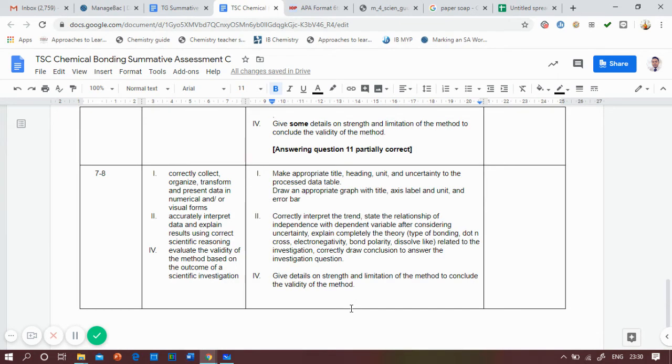Okay, so correctly, this is actually supposed to be collect data correctly. This one is not being assessed because, as you know, I already collected the data for you.